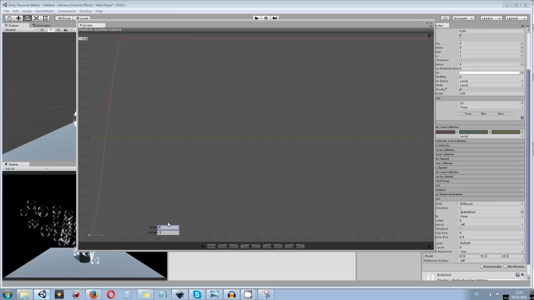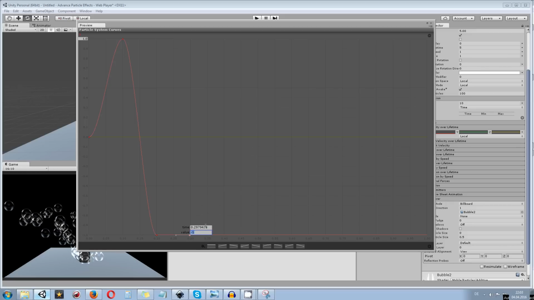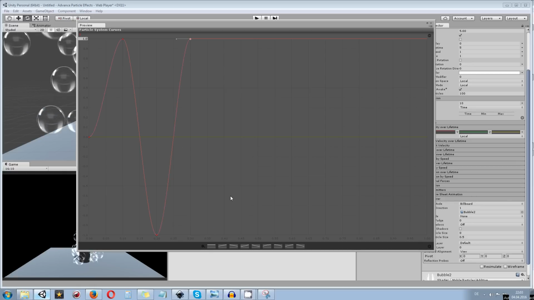So again, this is 0.2, and what we do is we go and create a complete sinus curve basically, but yeah, a bit more like this. So go over again, this value is going to be a 1, and this value is going to be 0.3.